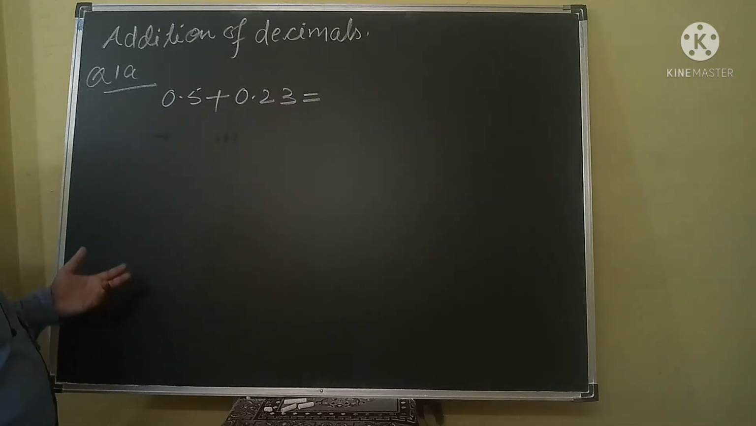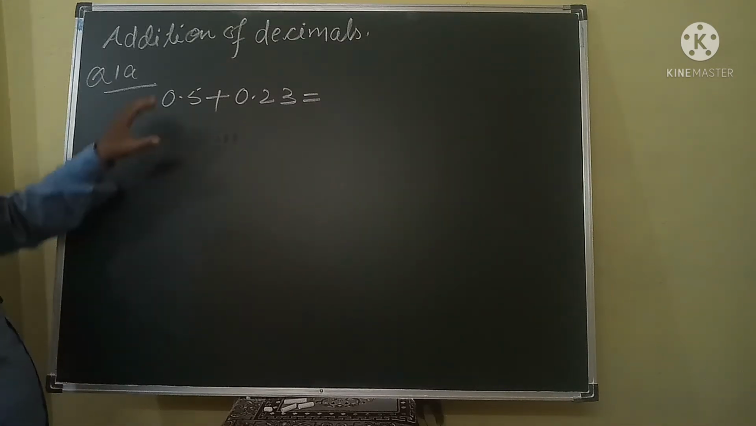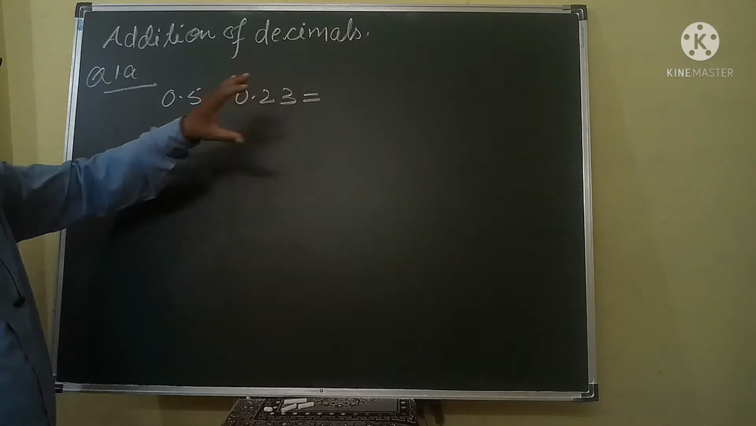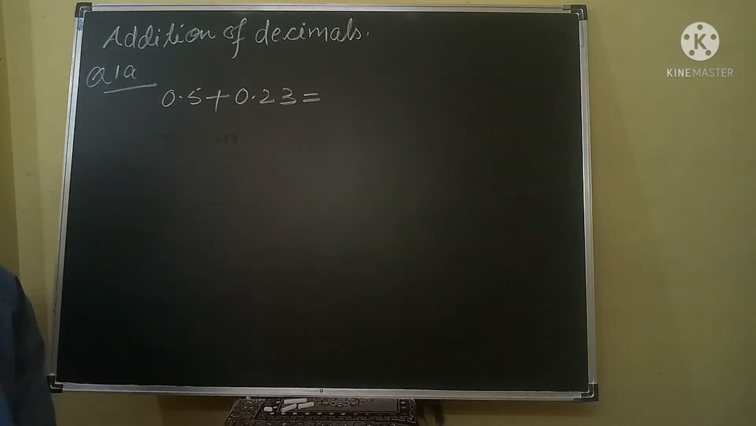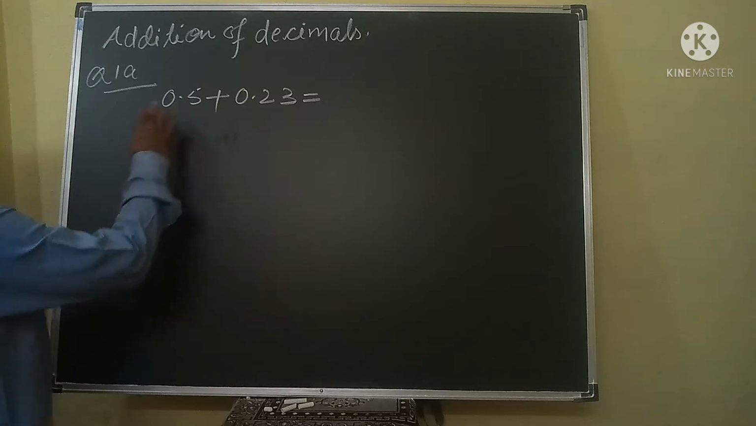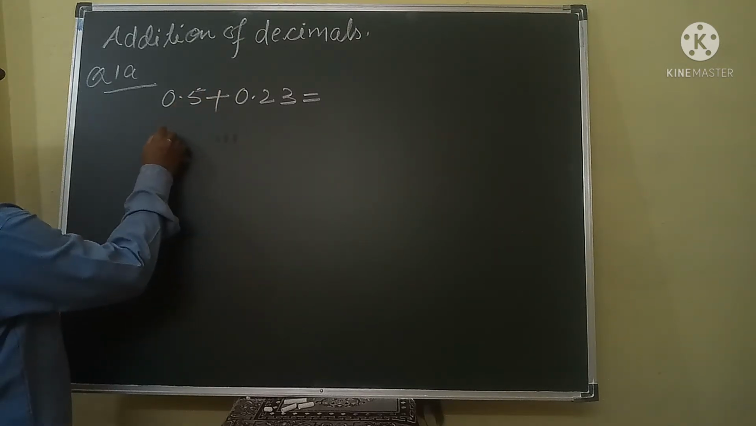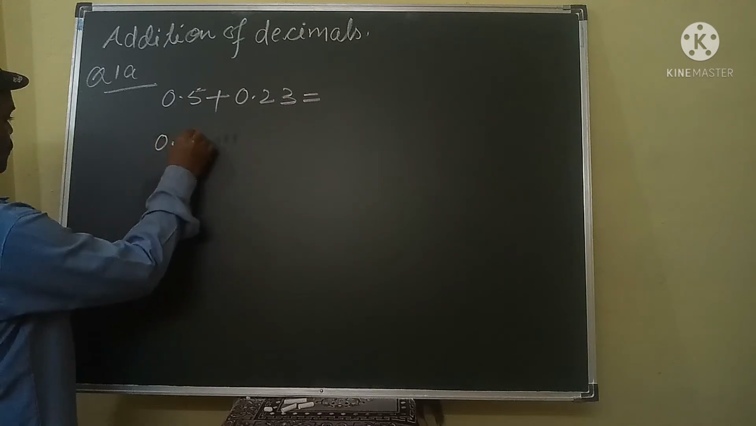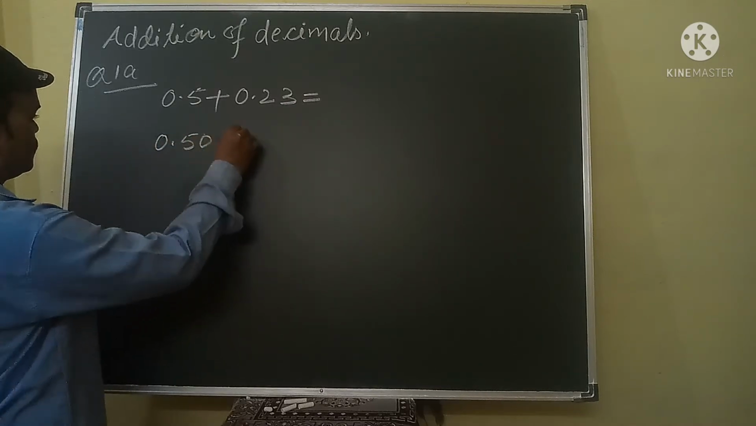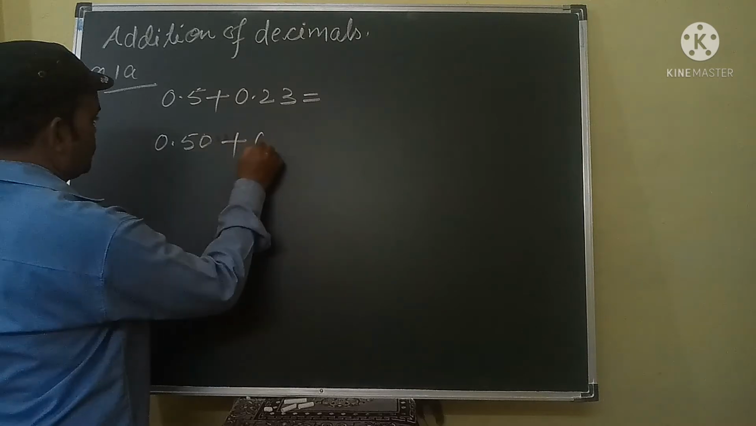So what will we do? First we will convert unlike decimals to like decimals. How? Look here. This is 0.5. We can write 0.5 here as 0.50 plus